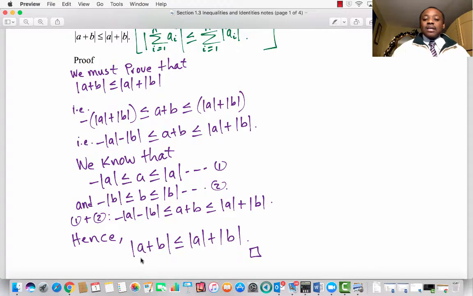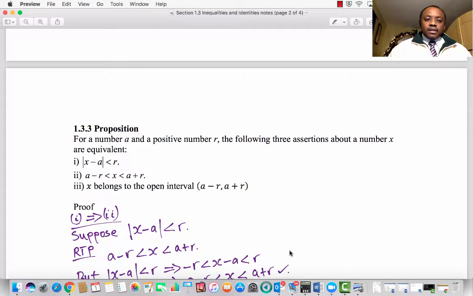Hence, we've succeeded to show that the absolute value of A plus B is less than or equal to the absolute value of A plus the absolute value of B. End of proof, and we're done. Beautiful, easy, straightforward. Okay? Now let's visit